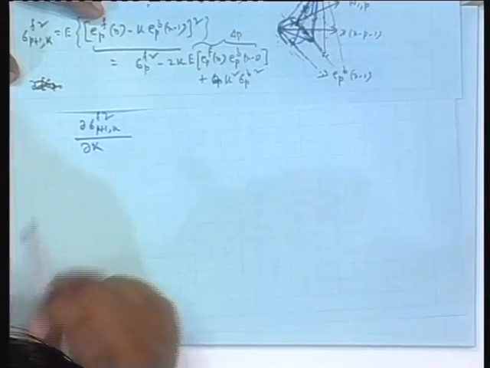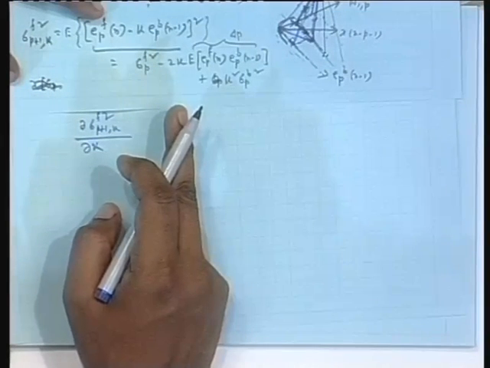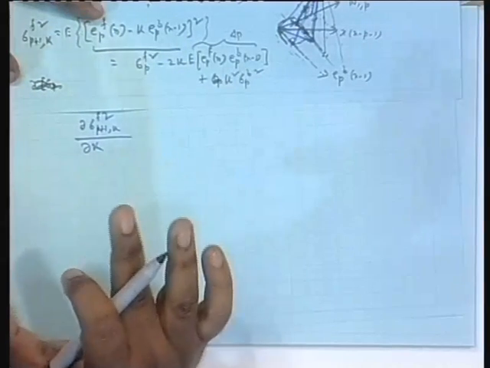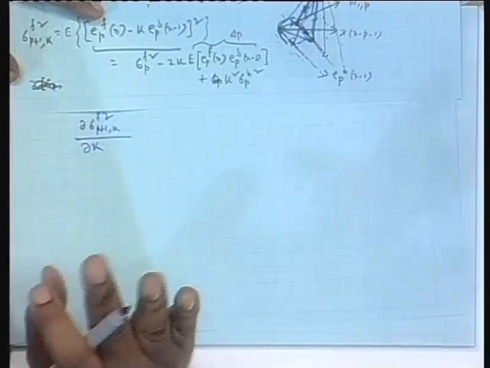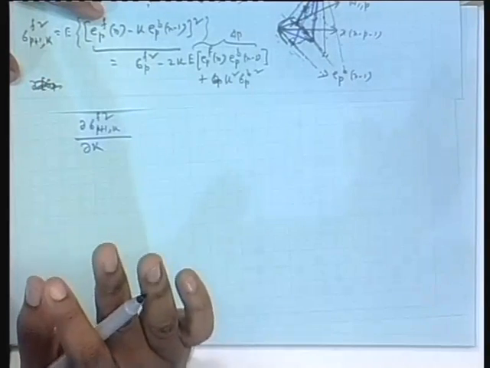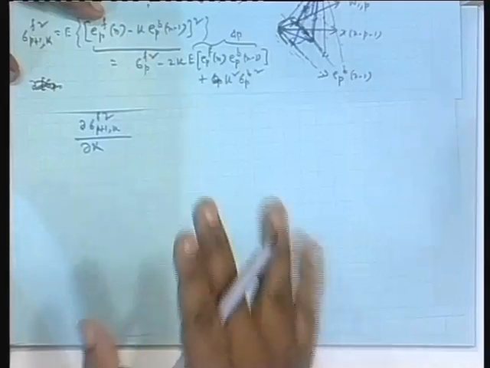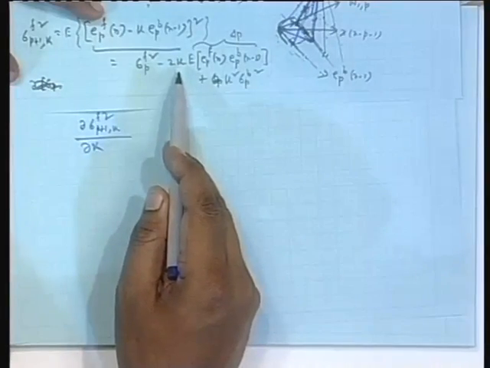In fact, I guess there is no point in writing partial derivative here, because it is a function of only one parameter k. In the case of the optimal filter, we had so many taps W0, W1 up to Wp, and that output error variance was a quadratic function of each of the weights. You remember, that norm square, the variance of that error in the case of the optimal filter, was a quadratic function of all the tap weights W0 to Wp. Since there are so many, I had to use the notation of partial derivative. Here I have got only one parameter k, isn't it?